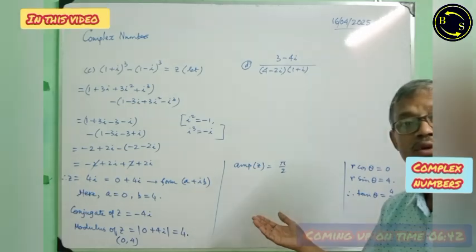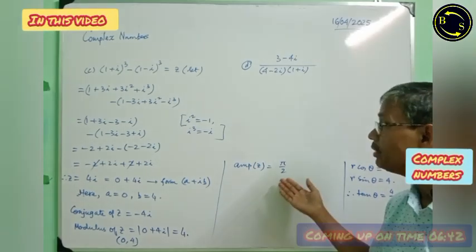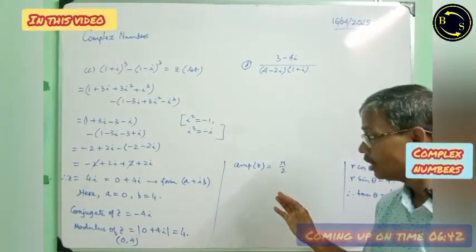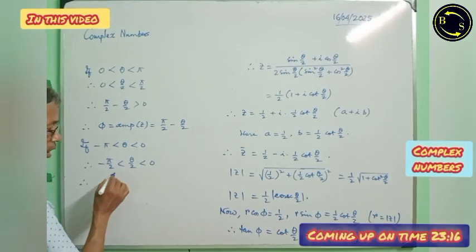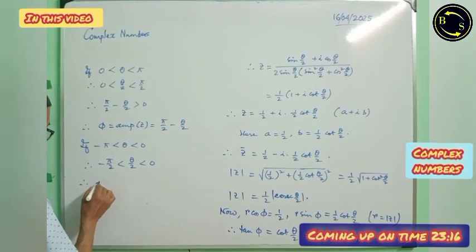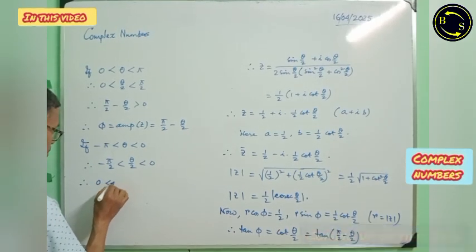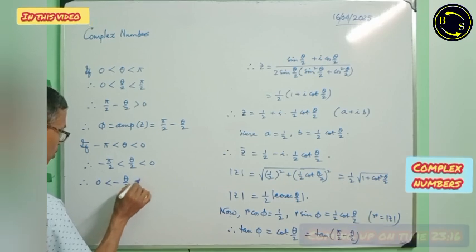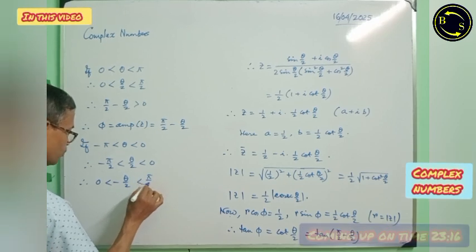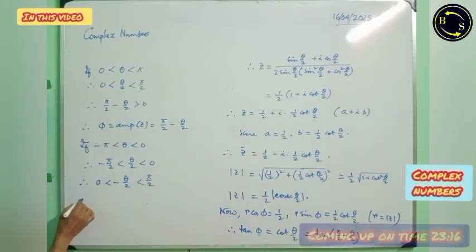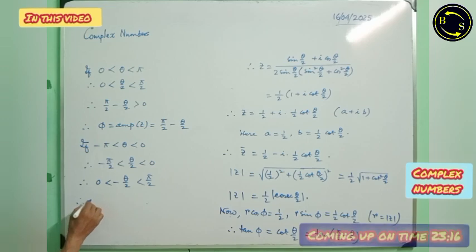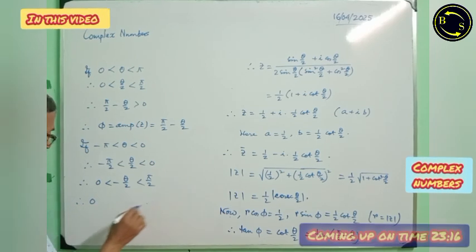Here, therefore, the amplitude will be pi by 2. Therefore, 0 less than minus theta by 2 less than pi by 2. Now, if we add pi by 2 to each,